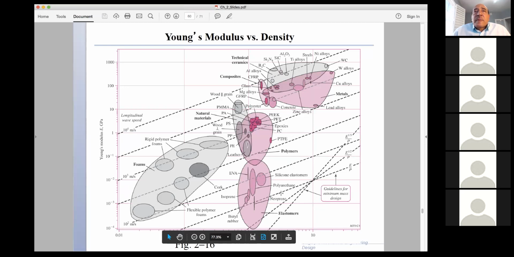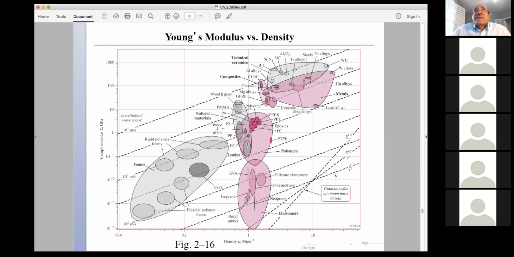Now as you increase the value of E over rho, you have parallel lines. So I have another parallel line, a third one, a fourth one, and so on. Each one of these parallel lines has a value of E over rho that is progressively larger and larger. So if I want to maximize the stiffness with the lightest materials, that's the objective, then I find the value of E over rho that has the highest magnitude, which is any point on the top line that you see here on that design.